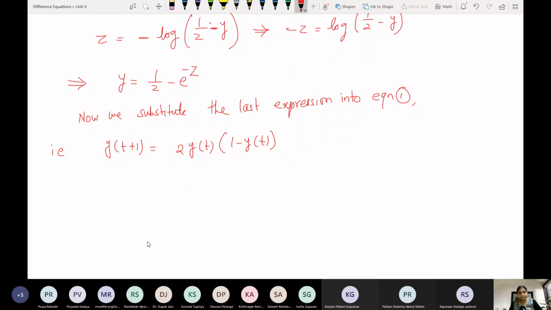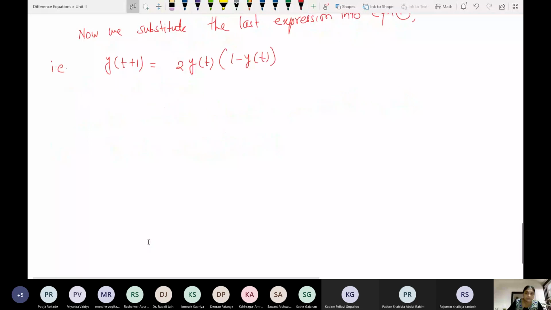Okay, this is my given equation. So we get,